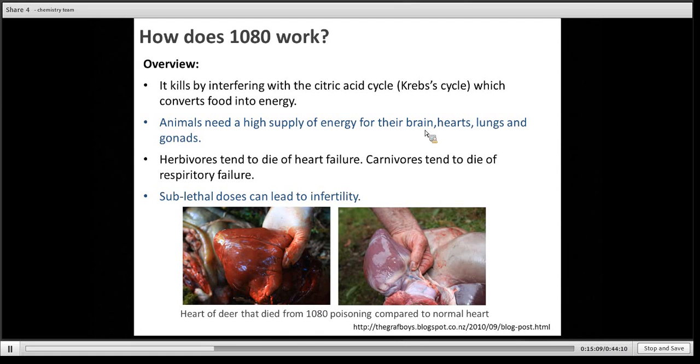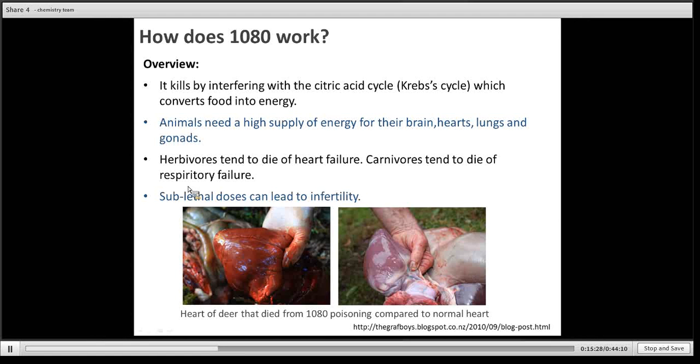And that's why you'll find animals that have eaten 1080 will often have seizures because it affects the brain. And then you'll find the herbivores, so this is a picture of a deer. It tends to be their heart that's mainly affected. You can see the difference between a normal heart that's been killed by a hunter, this deer, and here one that's died from 1080. Carnivores tend to die of respiratory failure, so from the lungs,